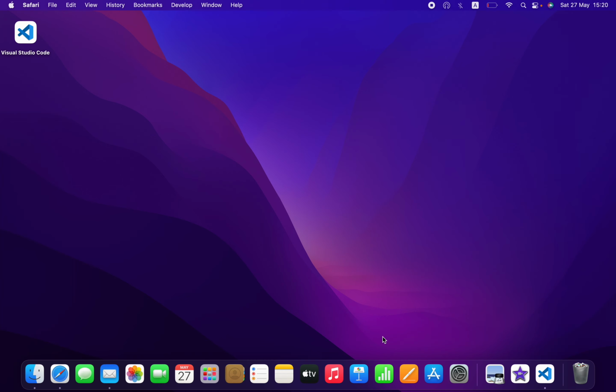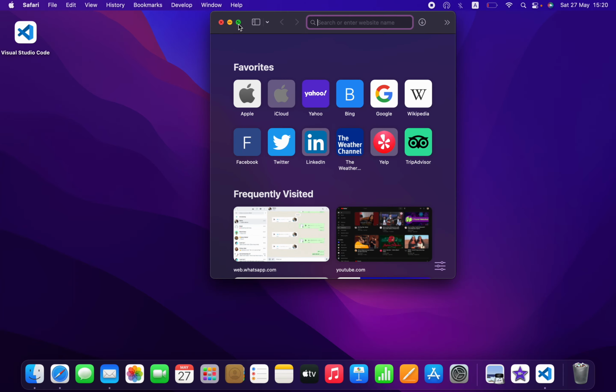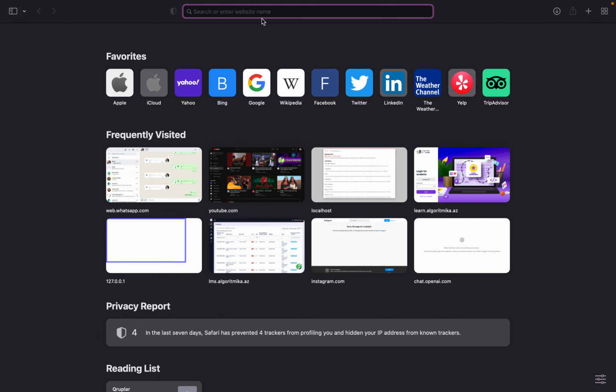In this first lesson, I'm going to show how to download Visual Studio Code, because we will write JavaScript code in Visual Studio Code. To download Visual Studio Code, we have to search for "download Visual Studio Code" in Google. Open a browser and